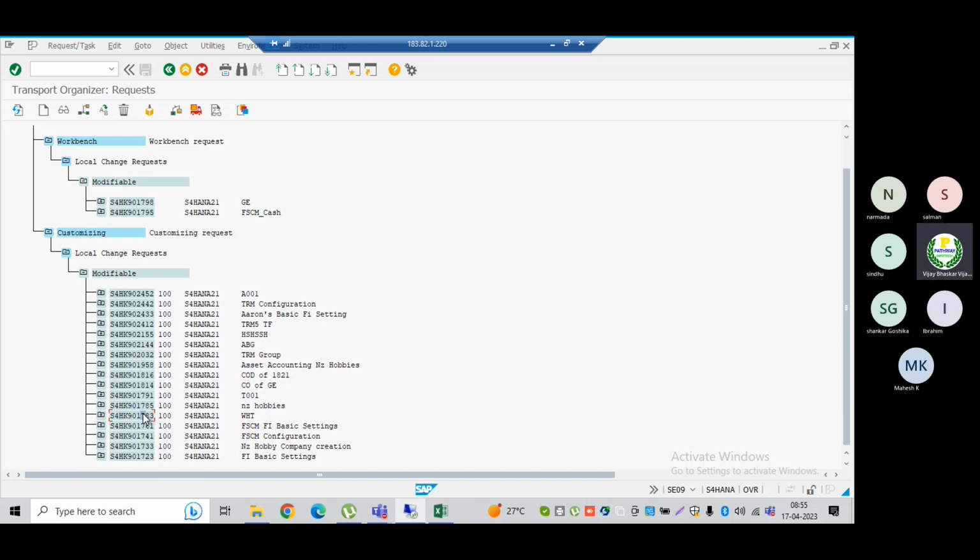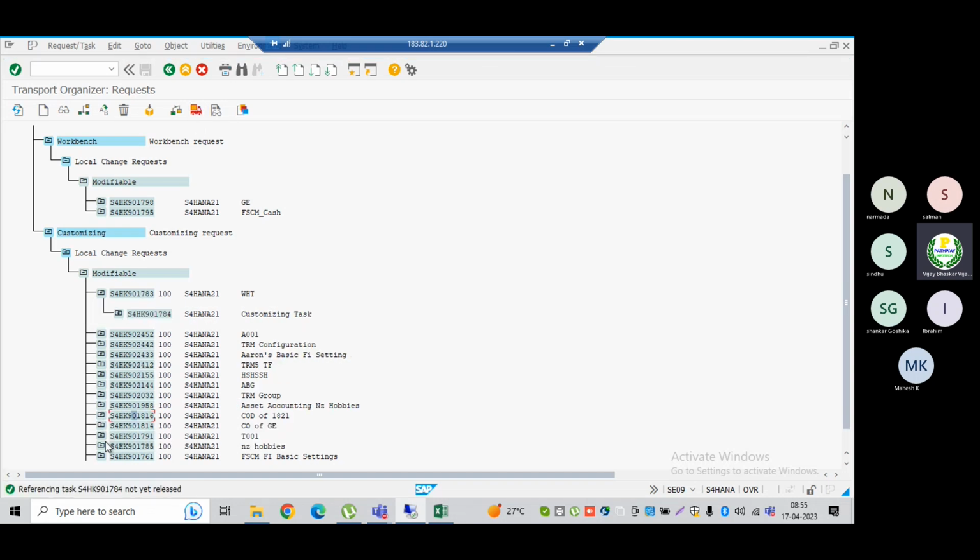Then click on this one. See, without releasing the child transport request, if I try to release the main transport request, what will happen? Let's see. Now I'm just selecting the main transport request only, then let me simply try to click on the release option. Now let's see what the system will say. See, referencing task 1784 not yet released.